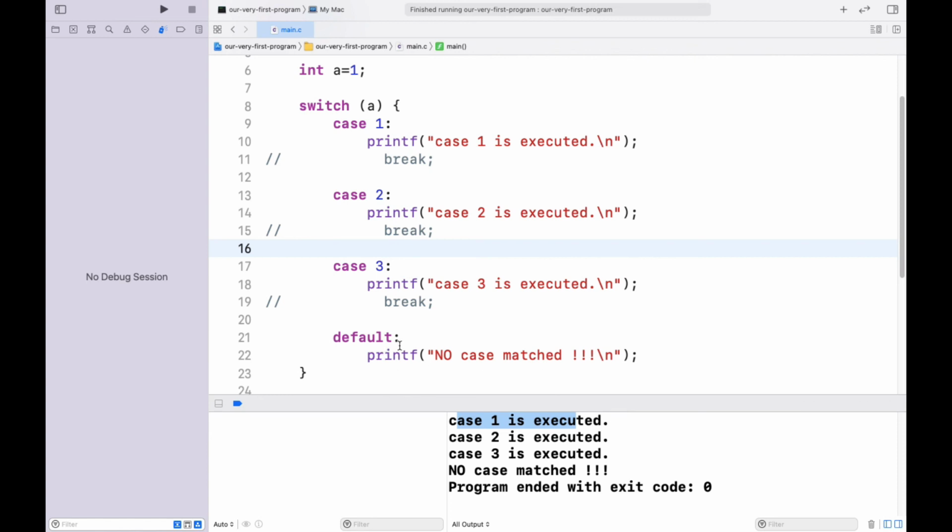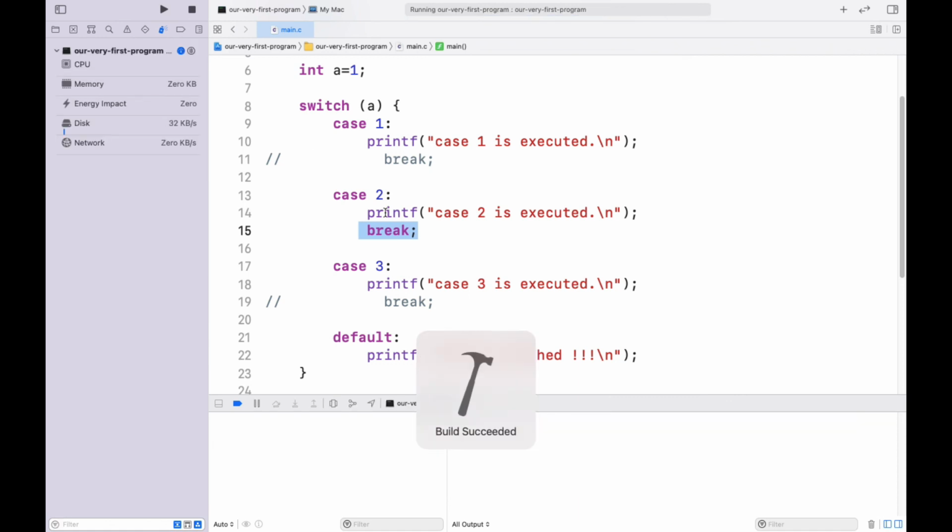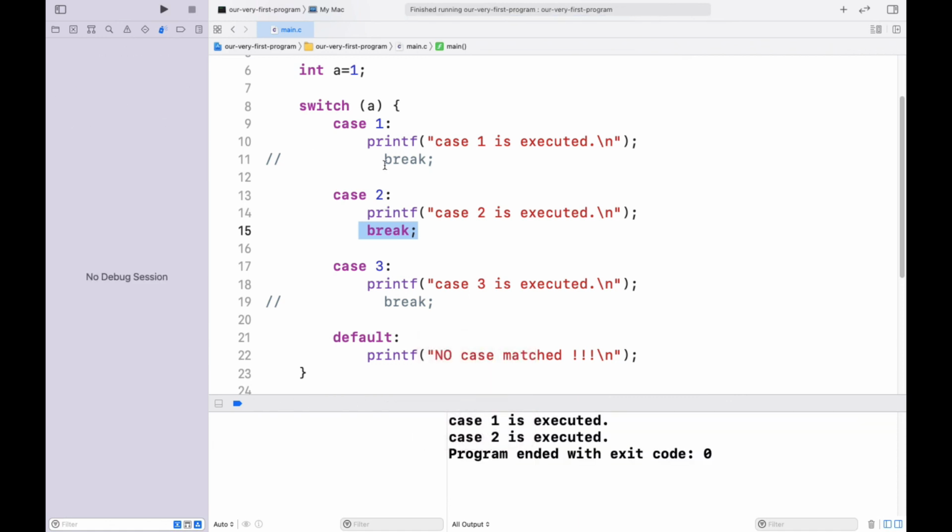Even the default case was executed. So what if I apply a break to the second one only, then it is going to stop at the second. Here you go. So it printed this, then it prints this, and then it is going to execute break.